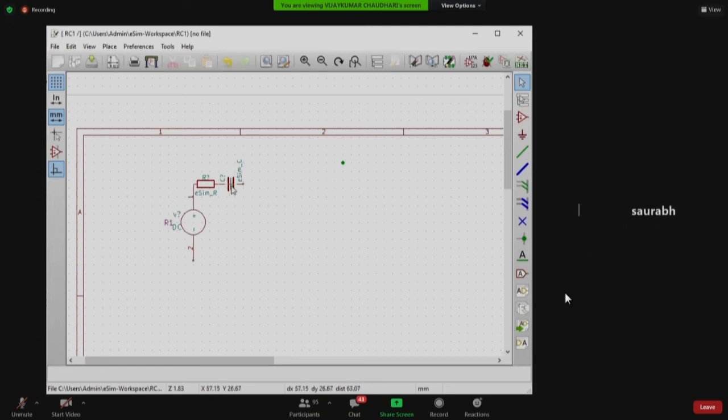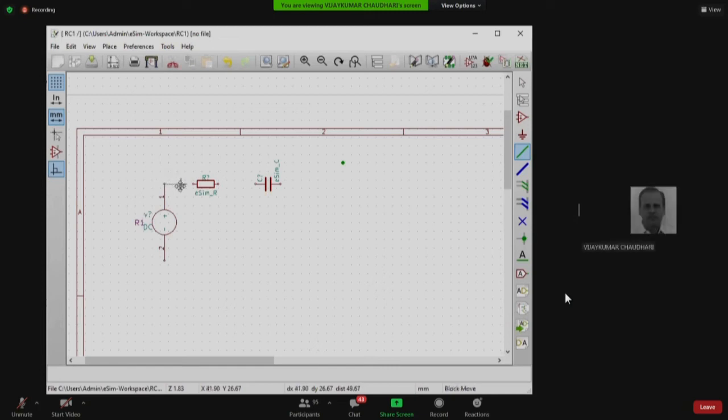Okay, sure, sir. Now I'll select the component and drag it here, so I place it here. Now I take this and place it here. I want to connect it now. Then select the green wire, sir. Yes, that's right. I selected this, I went here, I'm pressing the left click and connecting it here. No, you are dragging the whole thing.